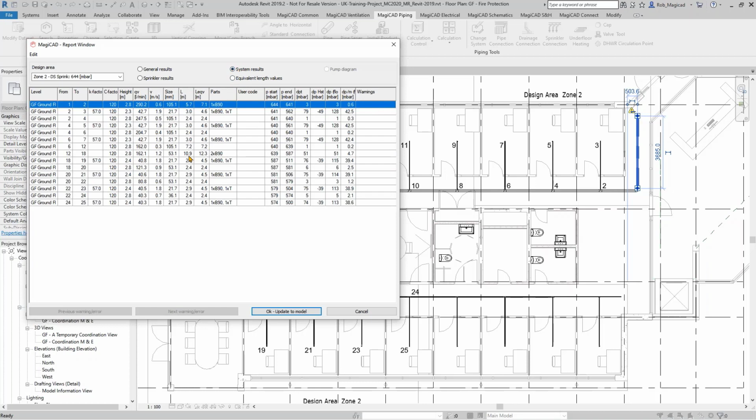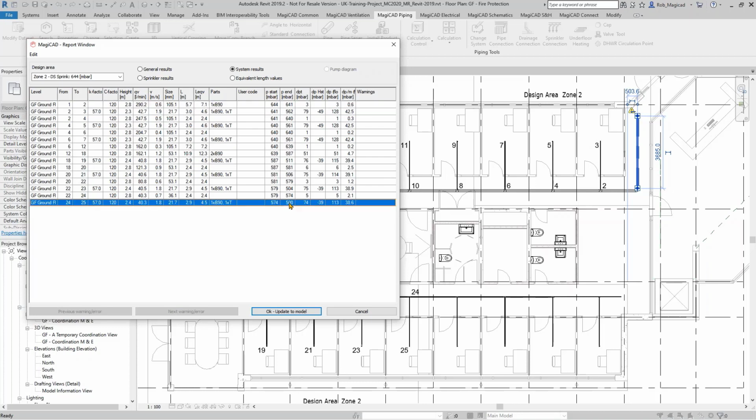Then going to system results, this runs through the actual connected system, and you can see the section numbers from 1 to 2 to 3, what's happening in each of those, the K factors, the velocity, and the pressure at the start, all the way down to the weakest sprinkler head, etc. That's repeating the same information, just for that one sprinkler, so you can confirm that 500 millibar is in fact the case at number 25. So it should give you a full overview of the sprinklers and the performance throughout the system